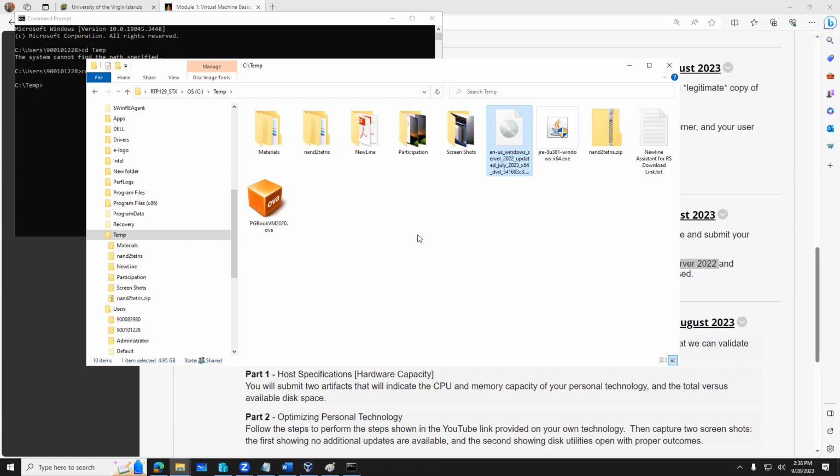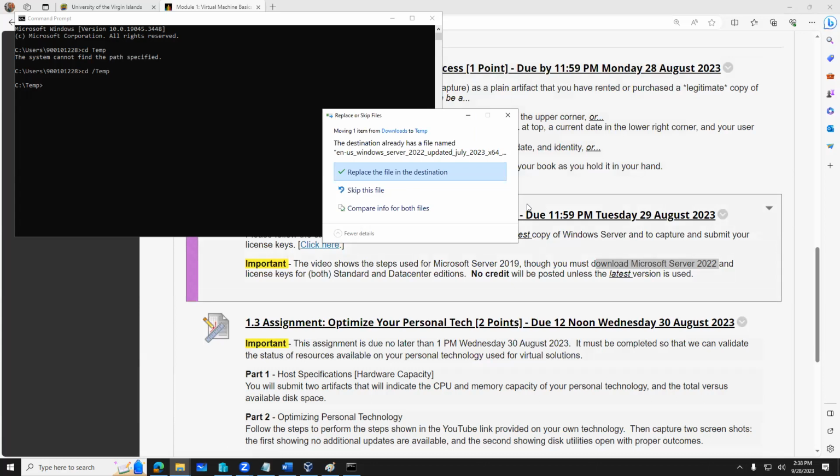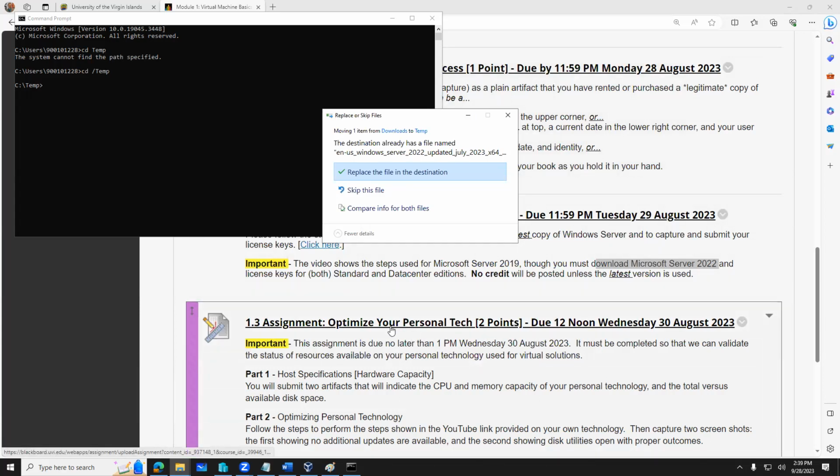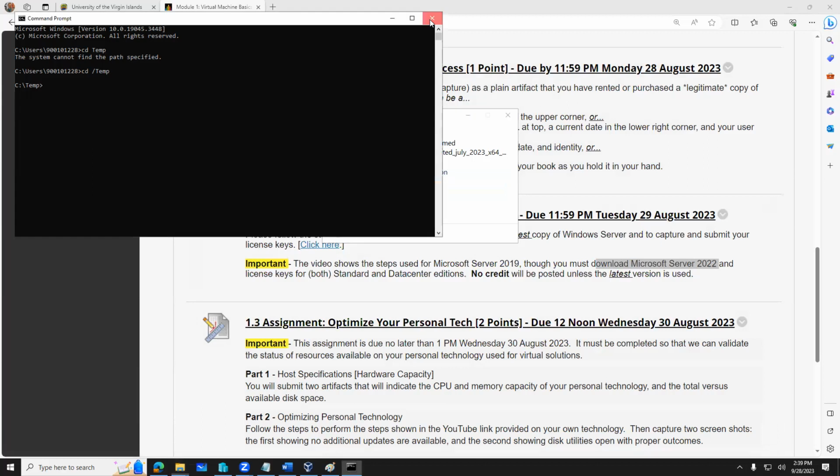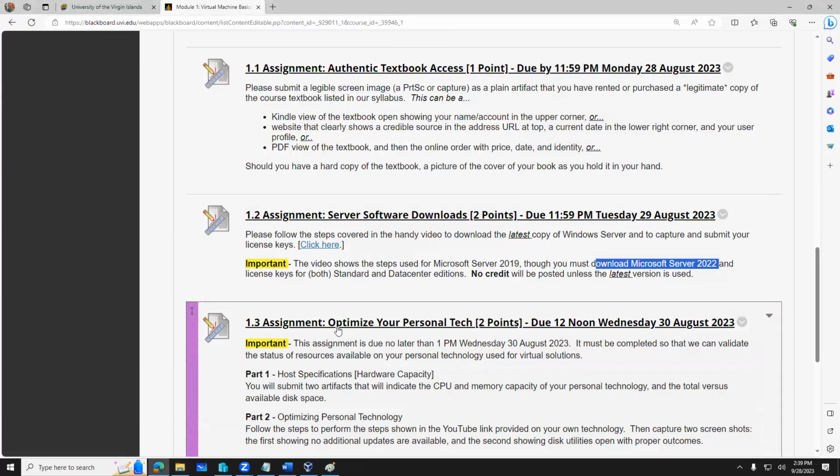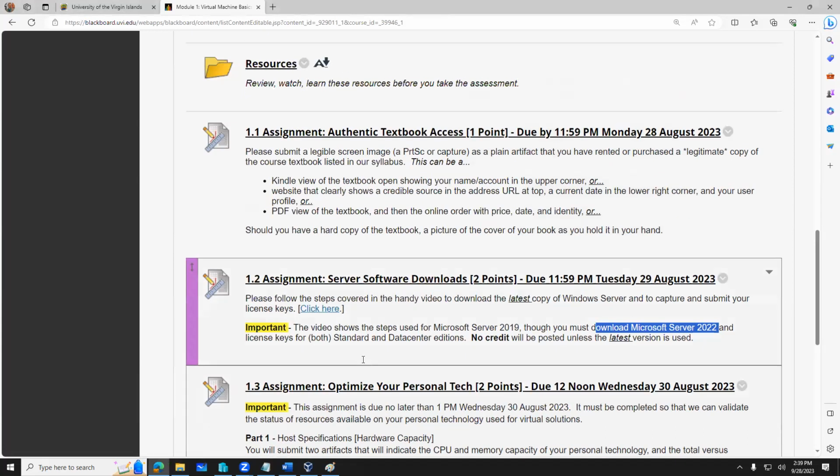That's the end of step 1. Step 2 is to create or pre-allocate your space. Now, each of you did this. You went ahead and optimized your personal technology, right? Everybody did that? Okay, so if you optimized your personal technology, then what you should be able to do is